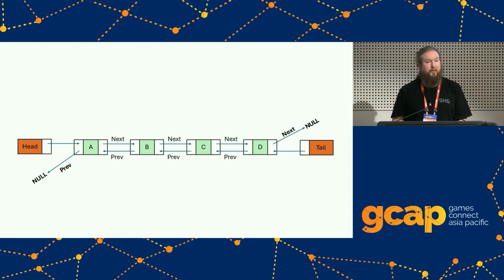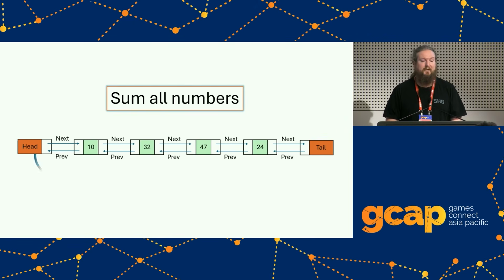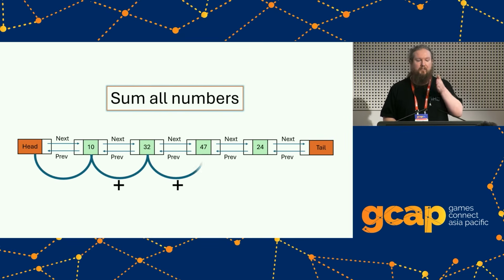The linked list I'm going to work with for this example is a sentinel-based one, where instead of those null pointers at the start and the end, the head node is just a sentinel that has its own next and previous. The tail has its own next and previous, and this allows for more efficient inserting and a little bit more efficient iteration. And what I'm going to do is take a bunch of numbers. In this case, I've just thrown in 10, 32, 47, and then I'm going to sum all of those numbers together. So this will typically involve starting at the head, moving through each item, and then iterating and adding each of those.